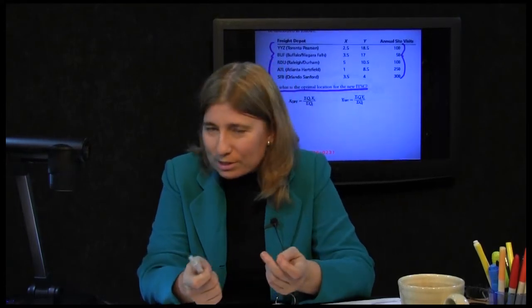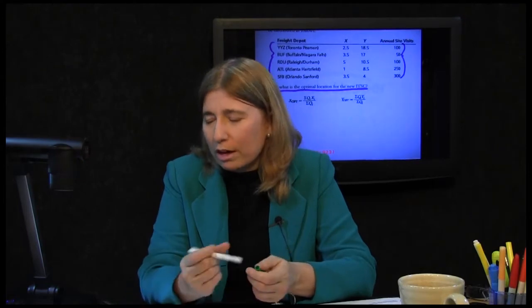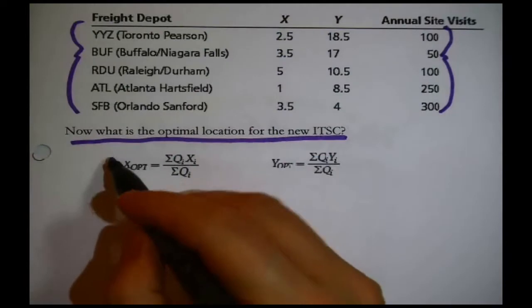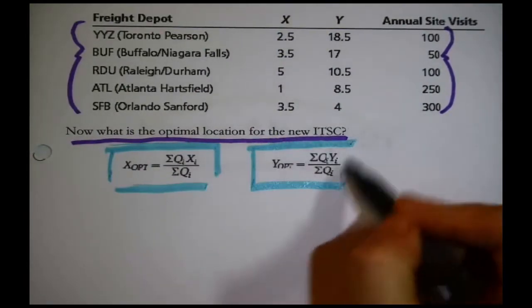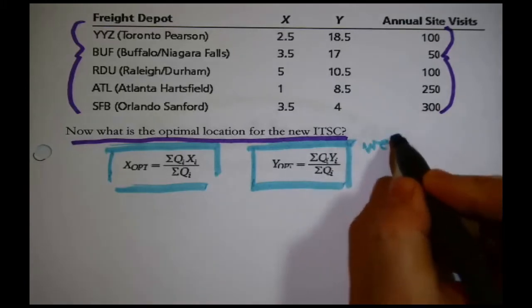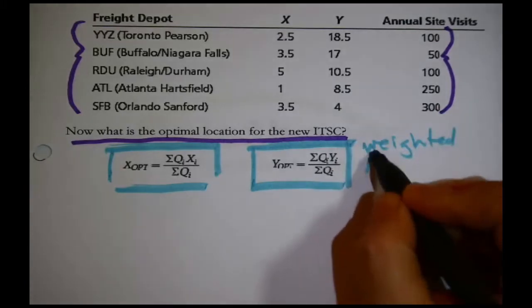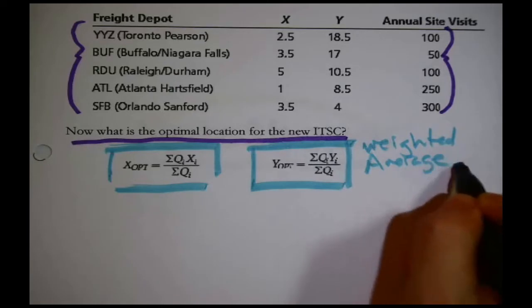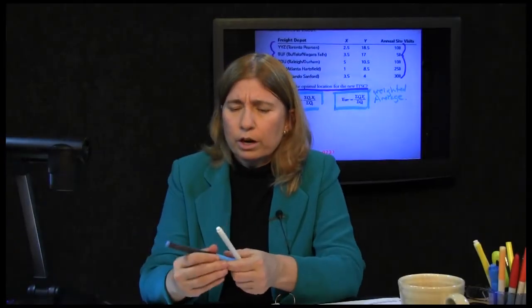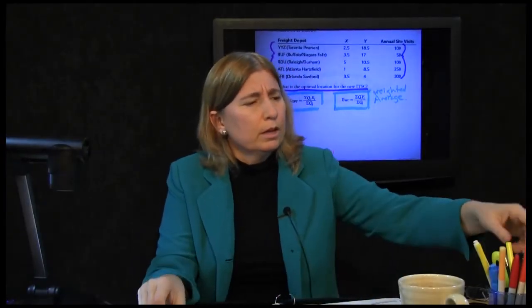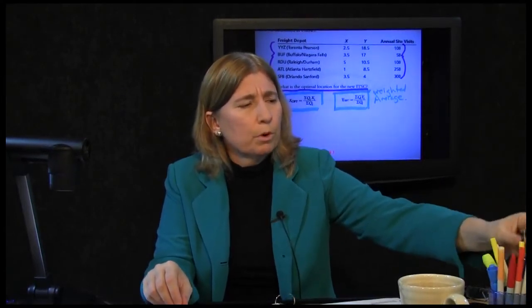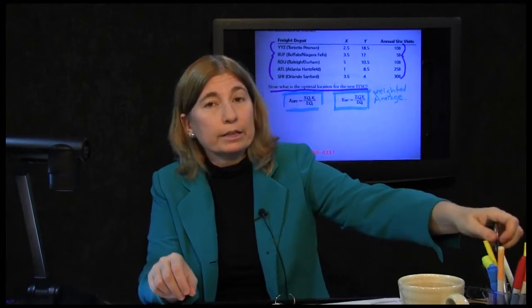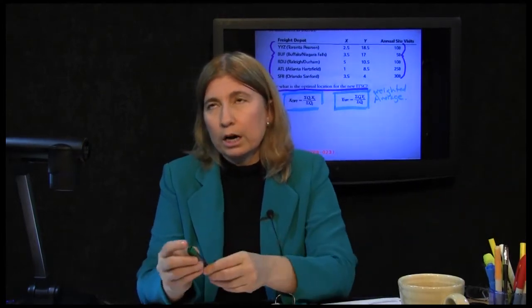Well, you can actually see, if you have the notes frame, that the formulas are printed. It's still pretty easy. We're just going to take a weighted average. That's what these formulas are here. You say weighted average. How do I calculate a weighted average? All right. If you are looking for the x-coordinate of the absolute most perfect location, theoretically anyway, for the